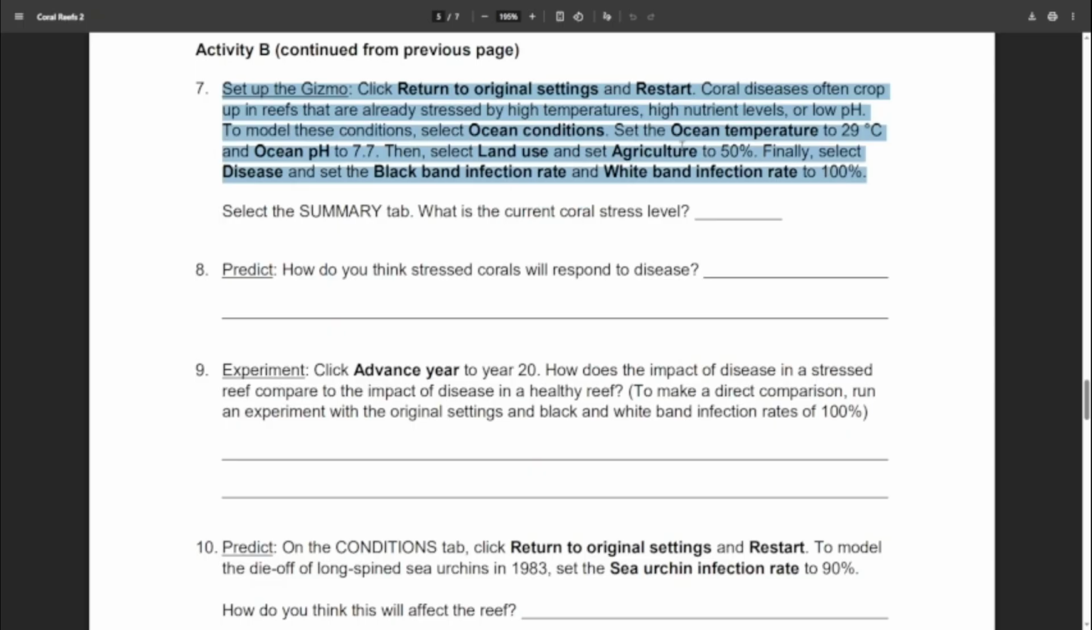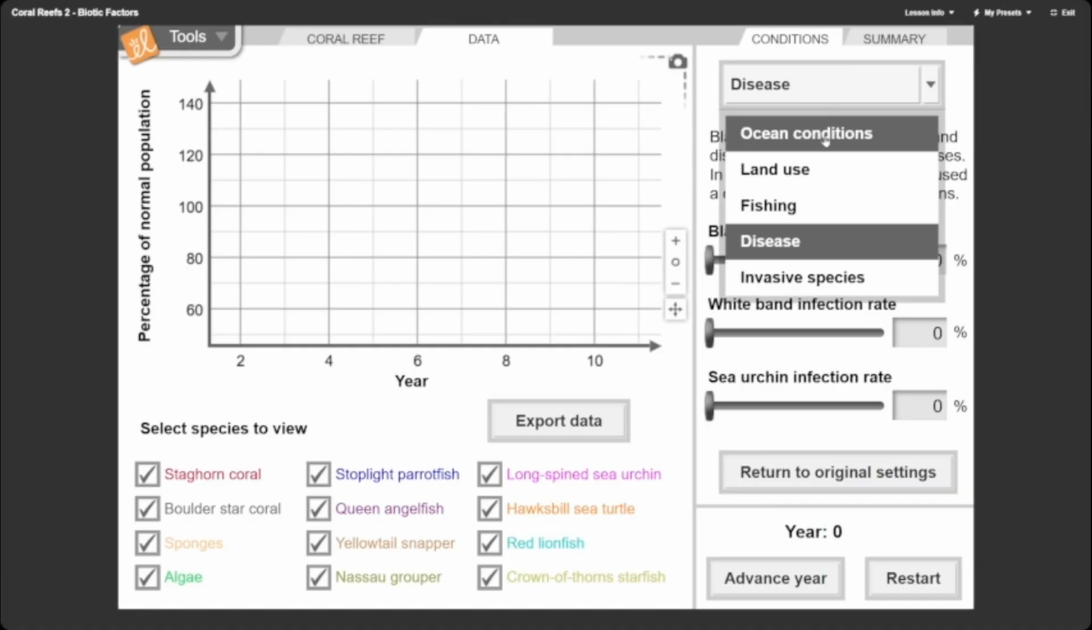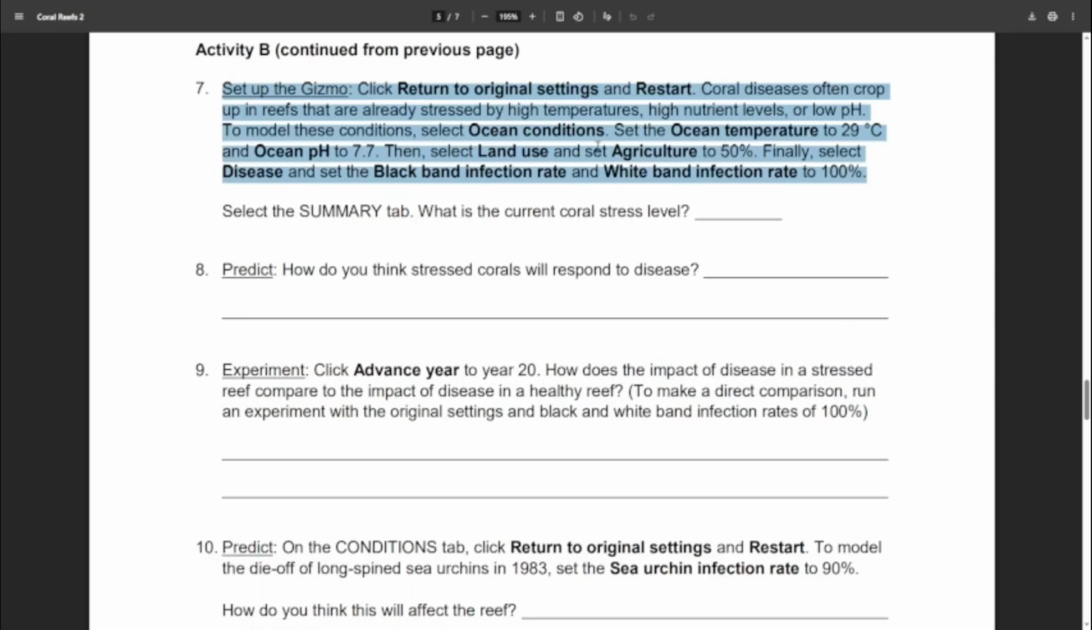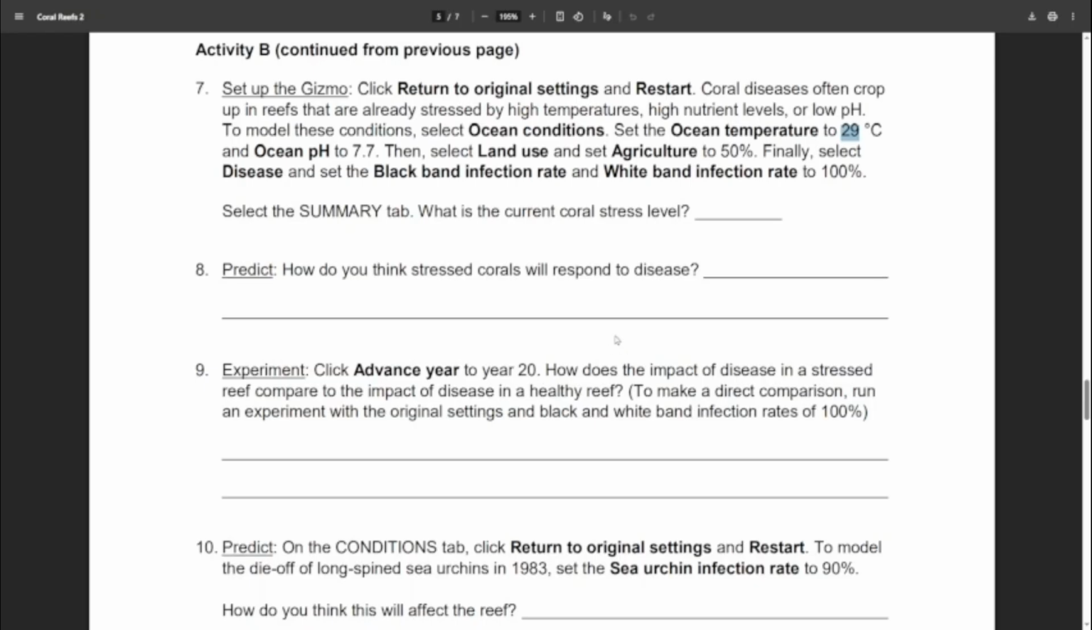Whoa. Alright, so let's do that all together. First, you want to return to original settings and restart. Alright, ocean conditions, we'll start there. It says it wants the ocean set to 29 degrees. So we go here, bump it up to 29 degrees, take the ocean pH down to 7.7,